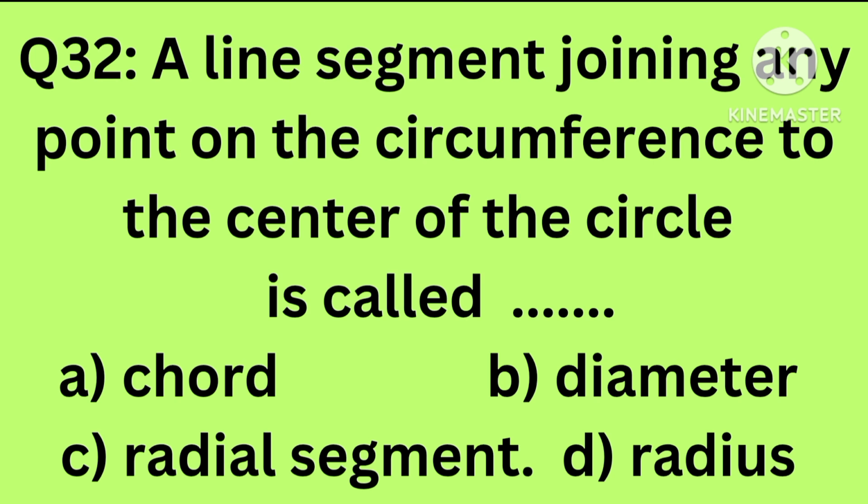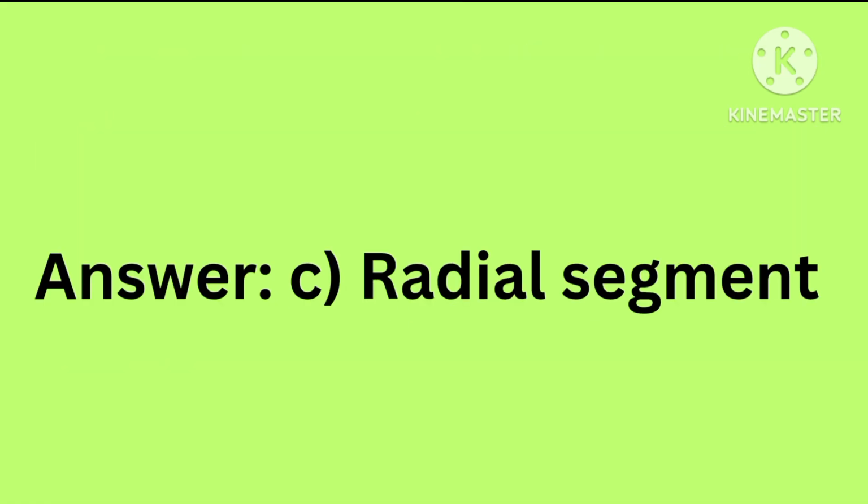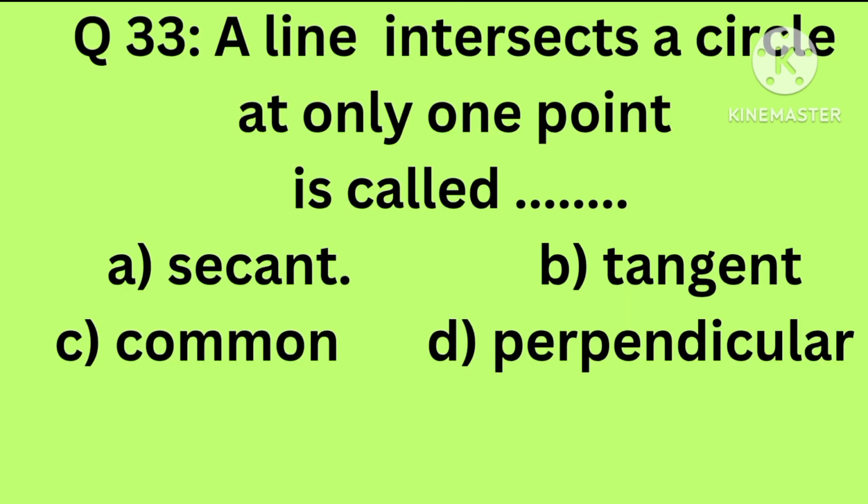Question number 32. A line segment joining any point on the circumference to the center of the circle is called chord, diameter, radial segment. So the correct answer is radial segment. By the definition of radial segment, the line segment joining any point to the center of the circle is called a radial segment. The length of the radial segment is called